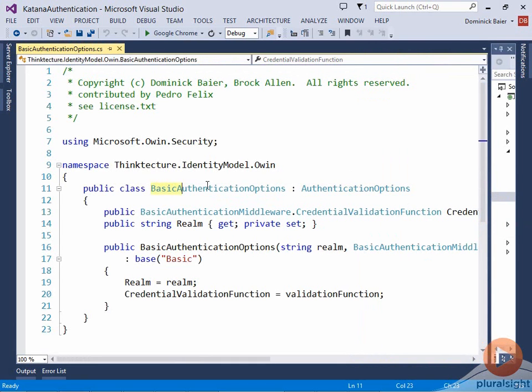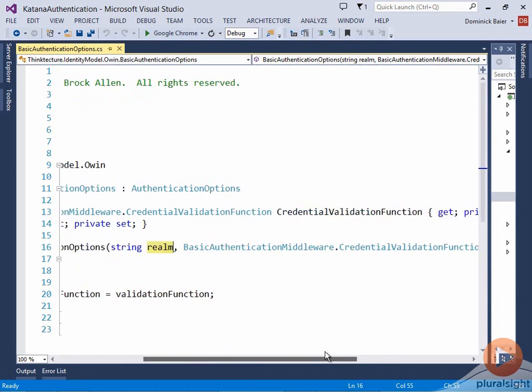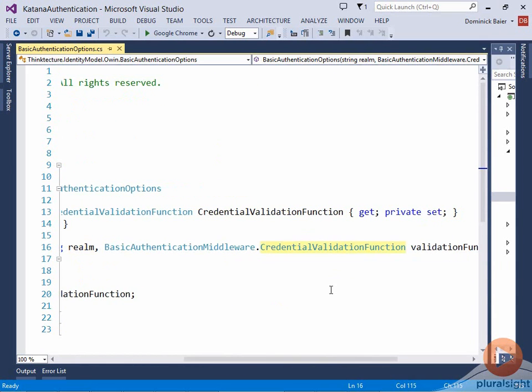So I created a basic authentication options class, which derives from this base class. The things we need are the realm, which is part of the basic authentication spec. We need to send back this value, which is like your application name or your domain name, which tells the client in which context the credentials he is going to send will make sense. And we need a credential validation function, which is basically a callback so you can validate the incoming username and